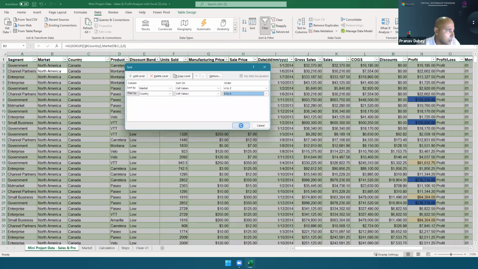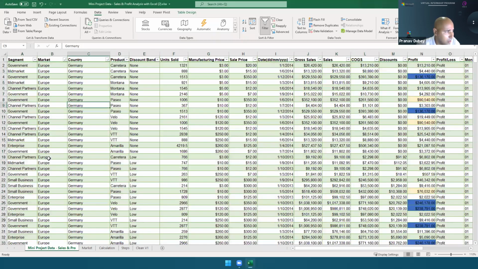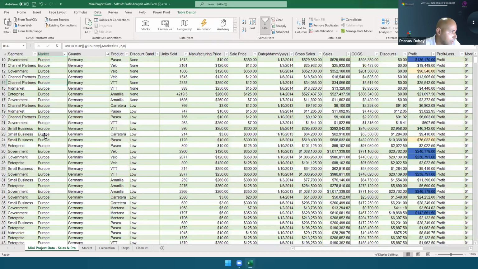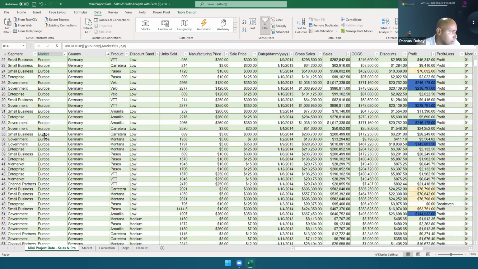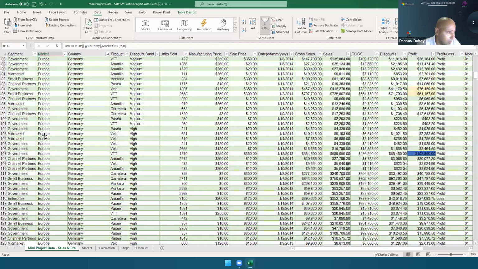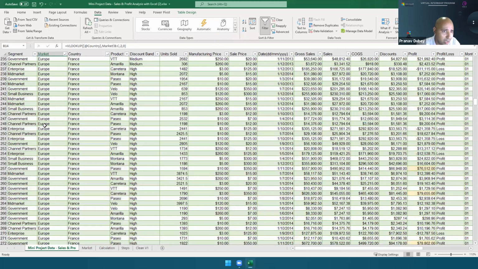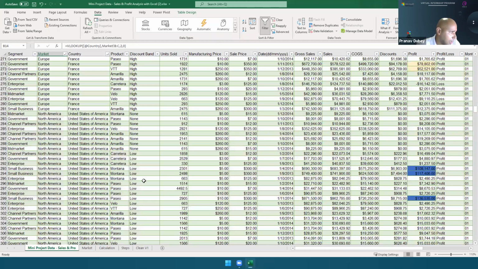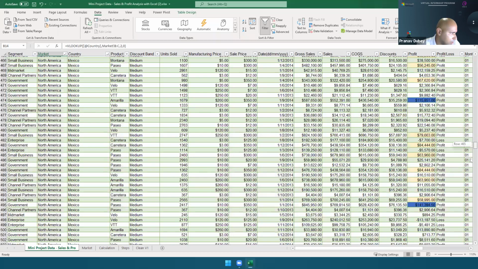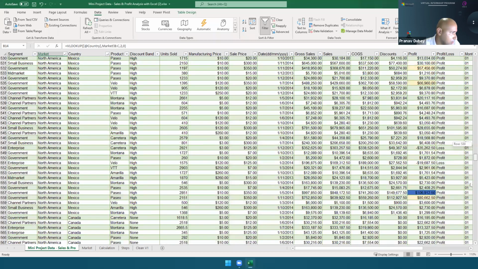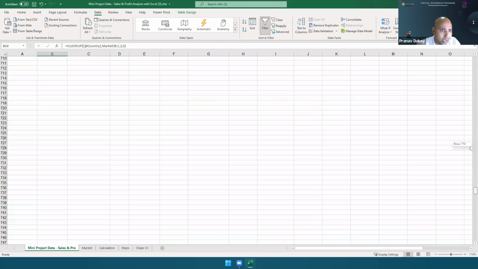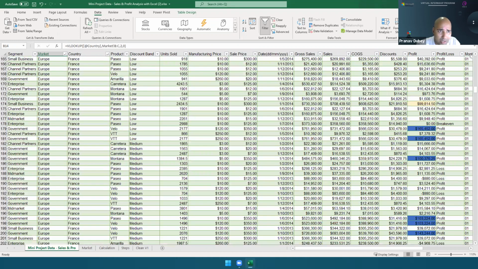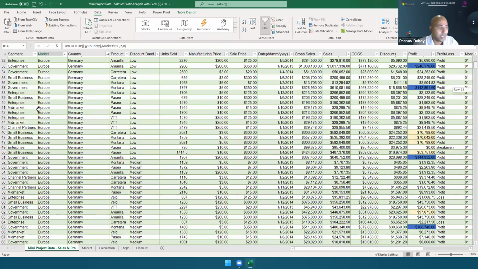So when I'm doing this, everybody look at the screen. We have market first, E. So E is coming, Europe. And then after E, okay, too big. Then we have North America. And I think we have one more continent after North America. Okay, no, only North America. So you see the sorting has been done. First E and then N is coming, which is correct because this was increasing order.